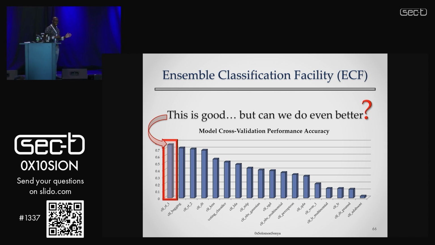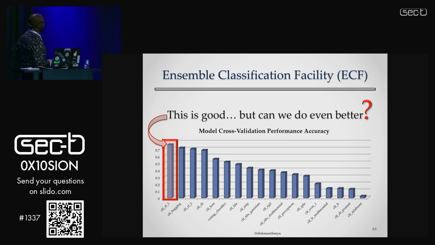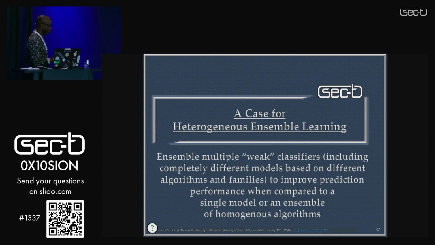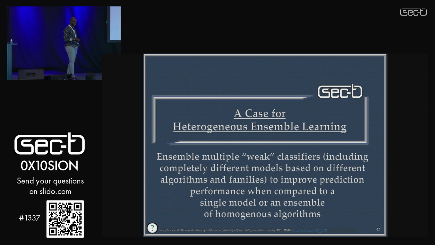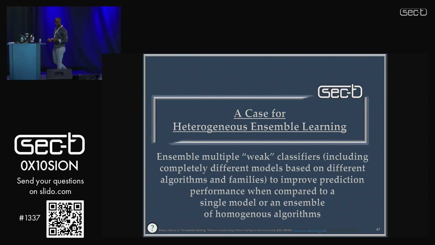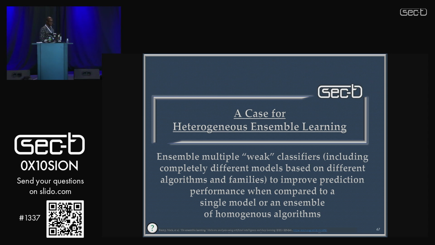We already spoke through the classification and our workflow at the very beginning. But I want to say that yes, we can get models that are quite good. Just know, this is a number. This is the best model from our entire framework, but we can actually be better. This is why I'm talking about the concept of heterogeneous ensemble learning. Anytime we talk about an ensemble, it just means I'm taking multiple models, which we call weak learners if they're not specific enough to do a really good job. But I can aggregate their classifications together to develop a strong classification mechanism. That's the whole purpose of creating that heterogeneous ensemble.